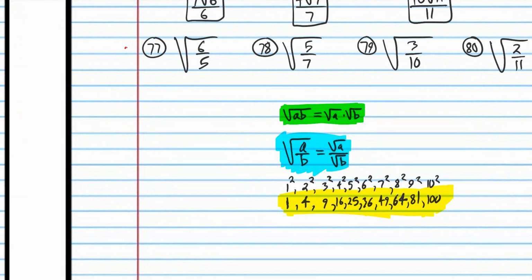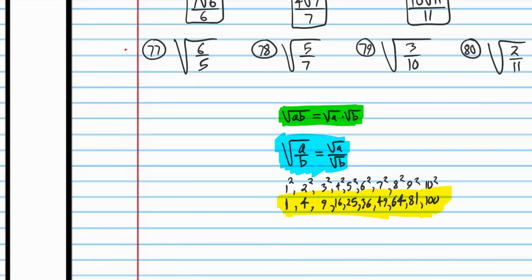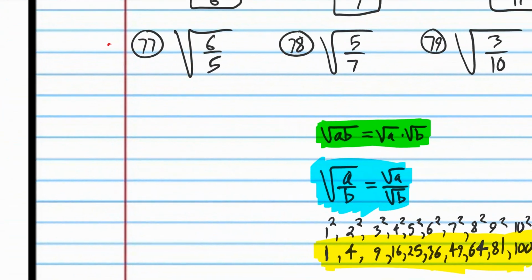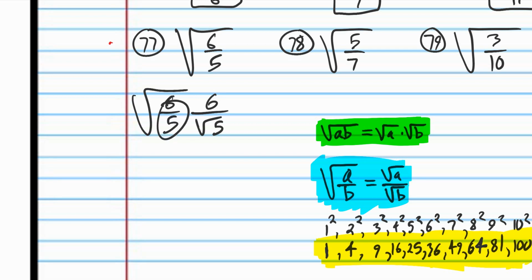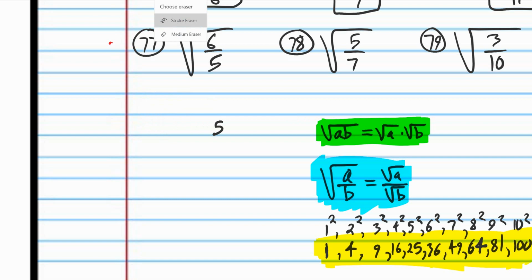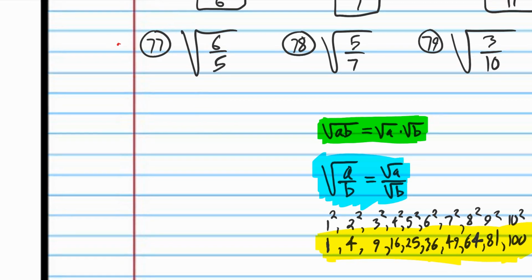All right, so we're going to use the blue equation here. And again, we want to rationalize the denominator. That's really the purpose of what we're doing here, is to rationalize the denominators. The denominator is inside the root. We don't like that. We don't like a denominator to be an individual root in this case. And we don't like a denominator to be in a root, period. I know that's kind of strange to think about, but that's just the situation. So now we're going to use the blue equation again,